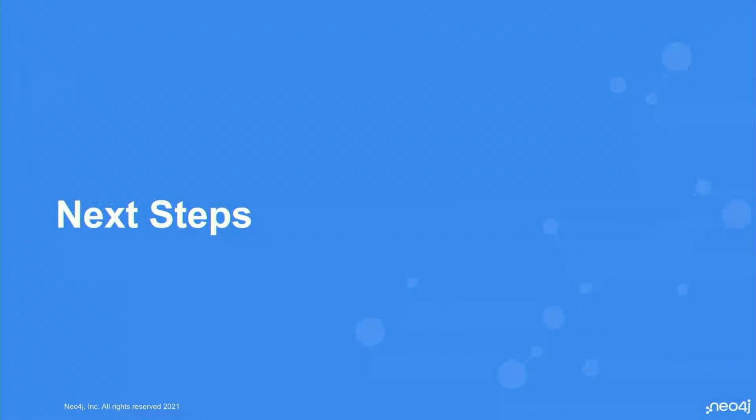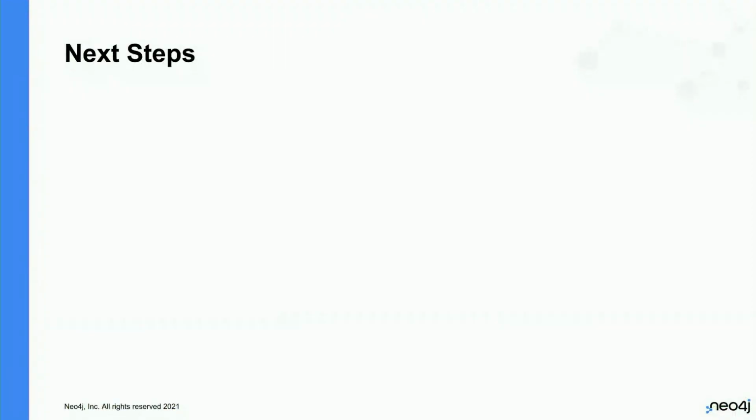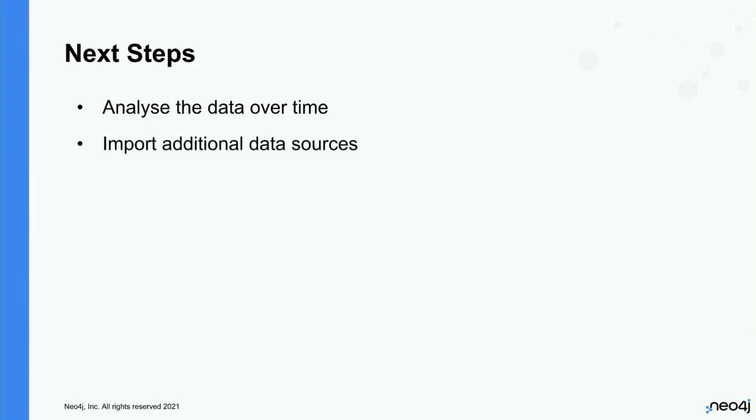As for the next steps as we go through, we'll need to keep an eye on the data as it evolves over time, and as we release new content, as we release new versions of Neo4j, that behavior will change. And one of the things I've done is I built a graph app for Neo4j Desktop, which allows us to do that, so we can see the trends, see where people are moving, and which pages need more information. We can import in additional data sources to that, so maybe information around how users use Bloom or Desktop, Neo4j Browser, and then see where we can better educate people, or where people start to come back in the